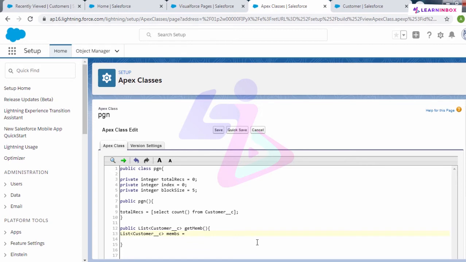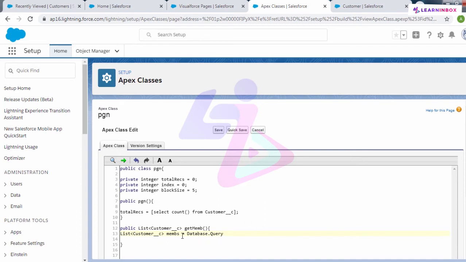If you remember, we have to create a list name, so this is MEMBS, my list name, and now I'll use database.query.